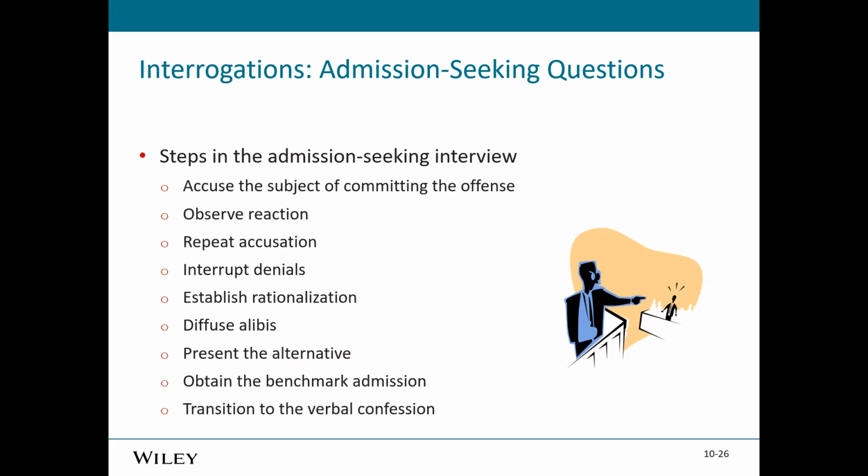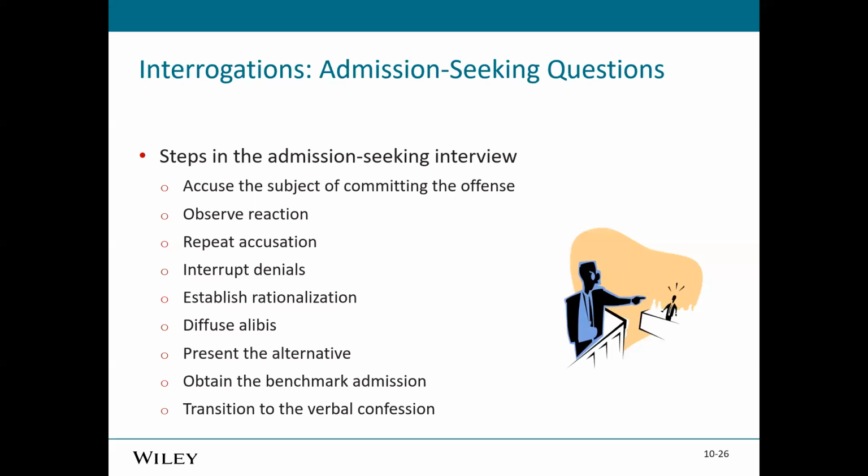A guilty person is going to react with silence or a weak denial, but it's uncommon for a guilty person to outright deny the accusation. The innocent person will usually react with shock and anger at being accused and strongly deny carrying out the act in question. So after we've accused them and watched their reaction, we're going to repeat that accusation. And if the accused does not strenuously object after the accusation is made, it should be repeated with the same degree of conviction and strength.